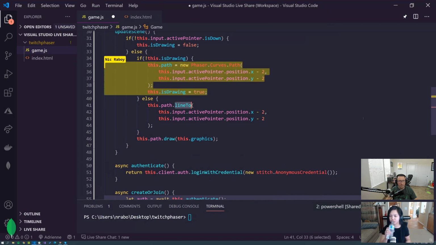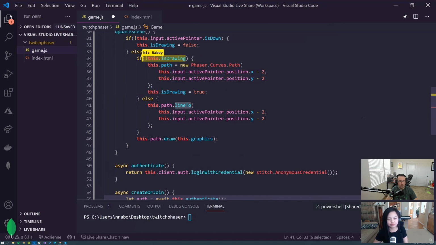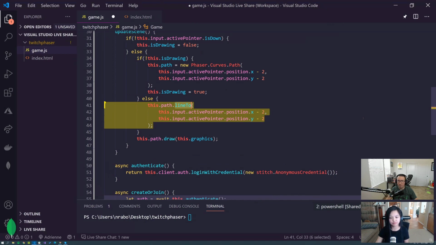here on line 35, that's if we've just now started drawing. Because if we're not currently drawing, we've just started drawing, we need to put that initial point down. Now, if we're already drawing because of the Boolean value, then we're adding points to connect to that initial point. So we don't want to have one continuous line throughout our entire game. We want anytime our cursor or our pointer or whatever it may be lifts up, then we're creating a new line. Gotcha. Thank you. Yep.